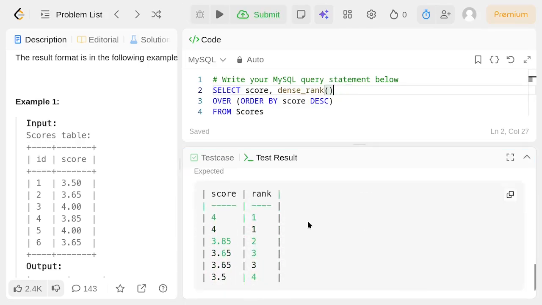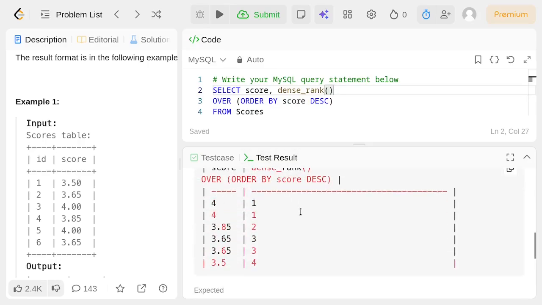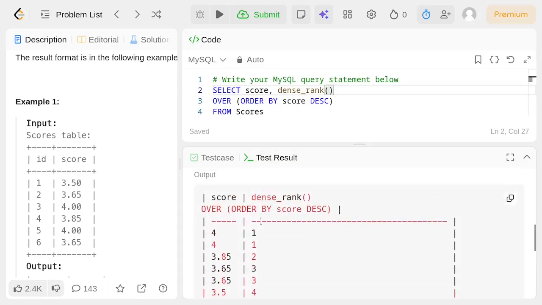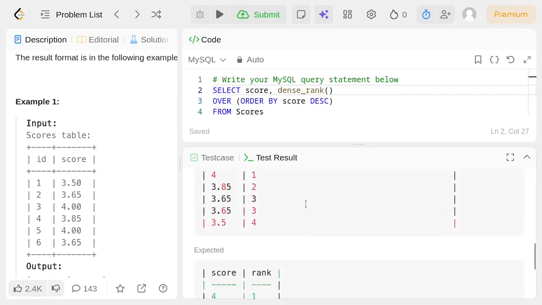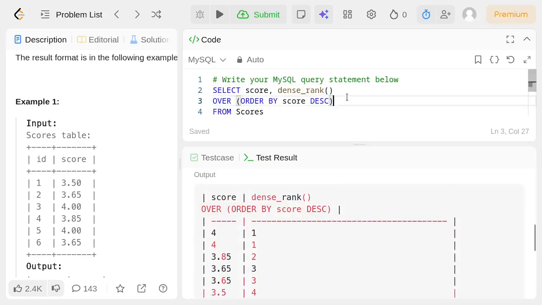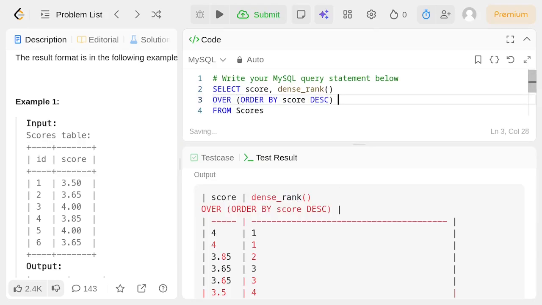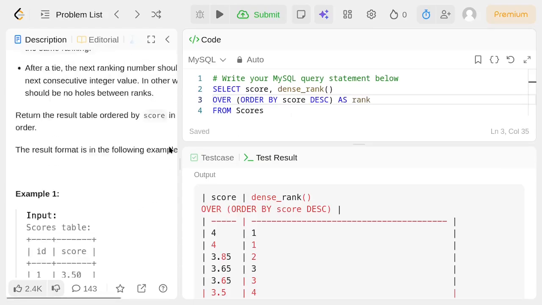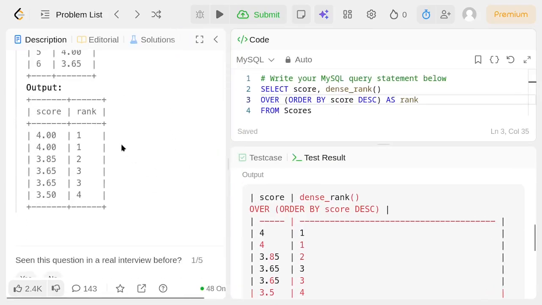Let's see, we already have the score column as expected. The ID column is no longer shown in the output result, but for the dense rank column name, we still have this column name without the alias. Then we can write the alias after the over statement right here, or the over method. We can pass in the alias using the AS, and then we can place the rank, because the output is expecting a rank column using this alias. But if we run this again,